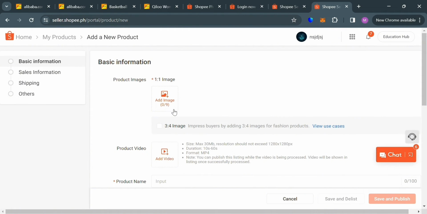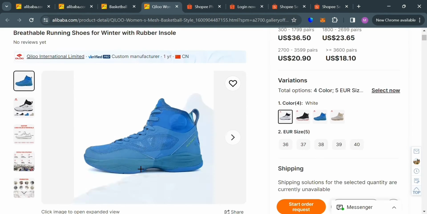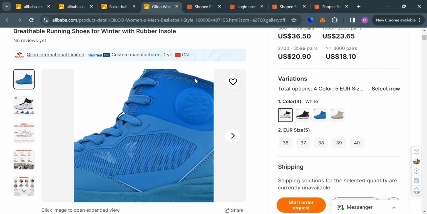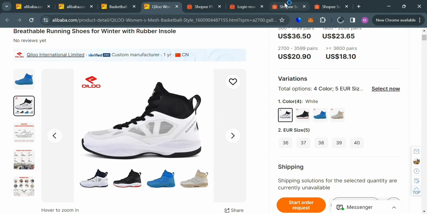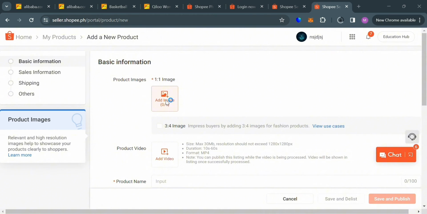And all of the information needed can be found on the Alibaba platform, under the product that we want to dropship, starting by downloading all of the images or media files in here. We can simply download this image and other variations of these shoes. And after downloading or saving the images,